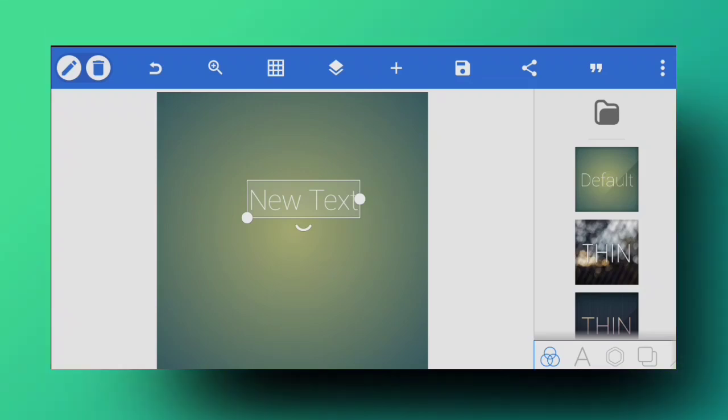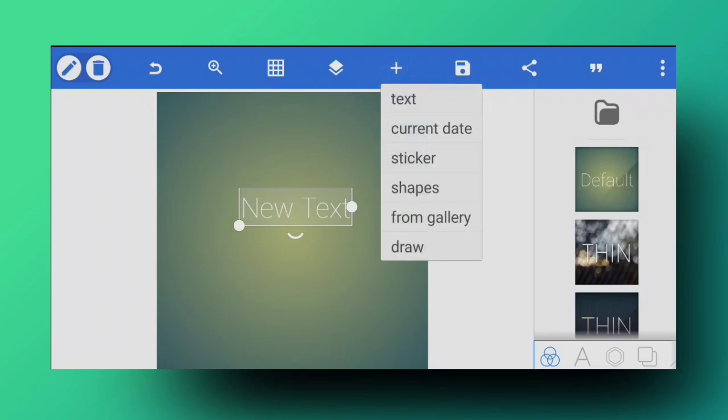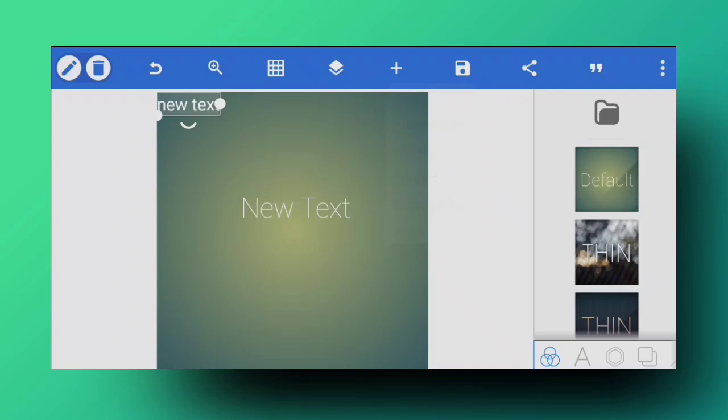I know that you basically know how you can add text here, but once again I'm going to click on this plus icon, and now you will see this function called text. Once you click on it, you will be able to add text. So if you want to add multiple texts, you can do that with this function right here. Moving on, now I'm going to delete this one. I select the text that I want to delete, click on this delete option and it will be gone. So this is how you can delete the text.